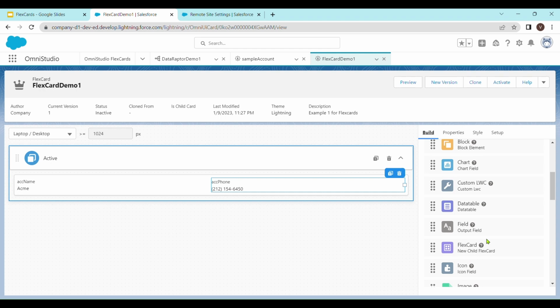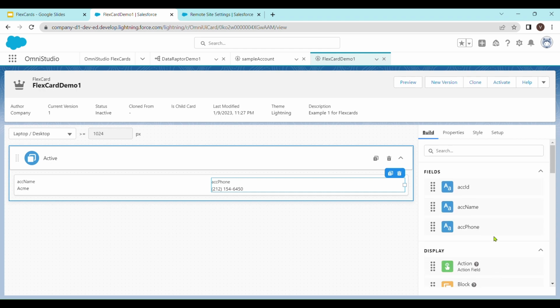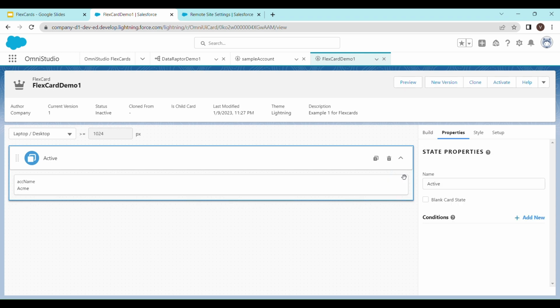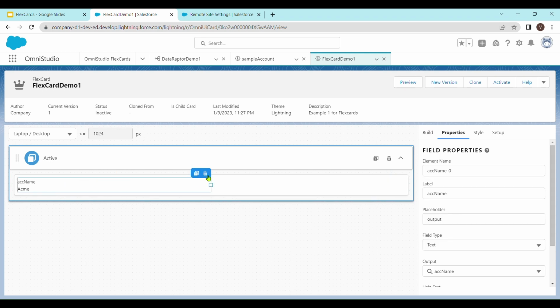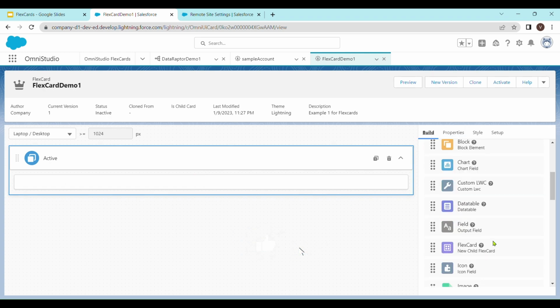This can also be done by simply dragging and dropping a data table. So let me do one thing and just delete whatever we have configured on the canvas till now. So we deleted this and we'll delete this as well. And simply drag and drop